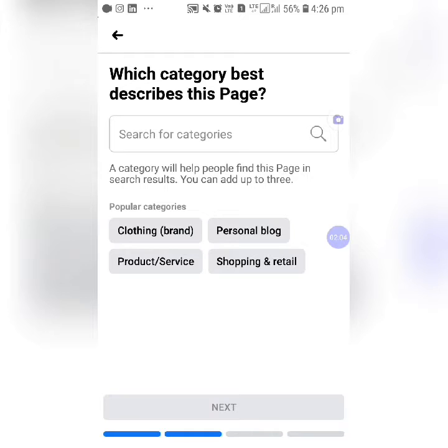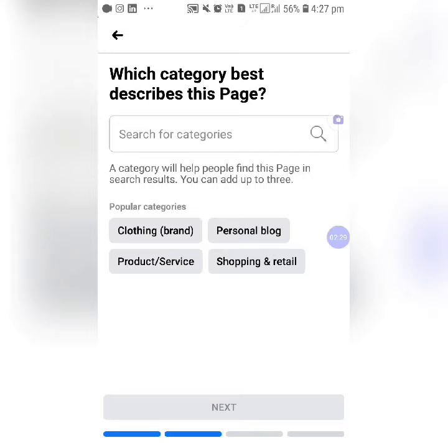Okay, next important thing is, which category best describes this page. Now we have to give information regarding our business category. There are some suggested categories like clothing, personal blog, product, service, shopping and retail.